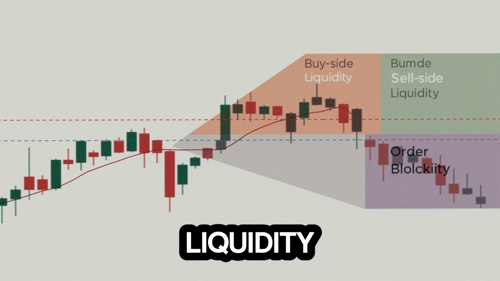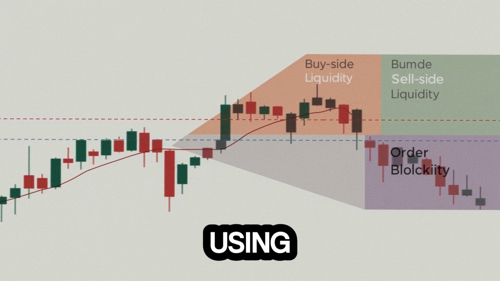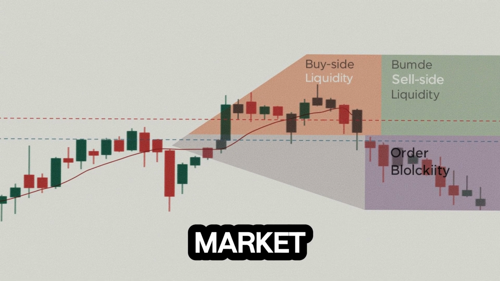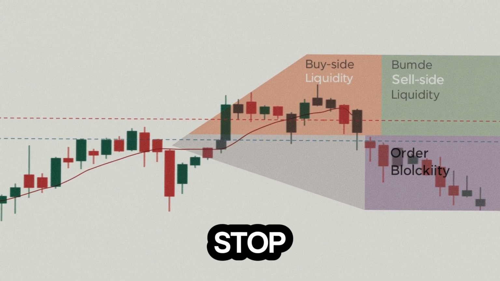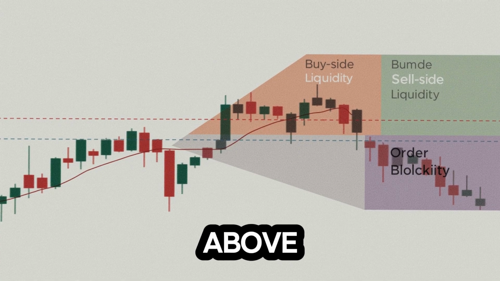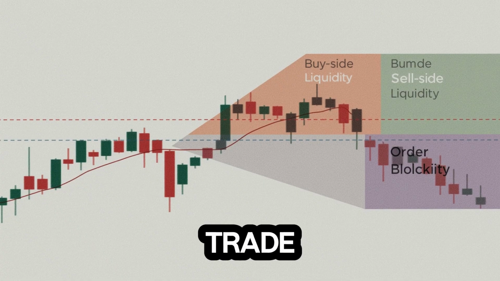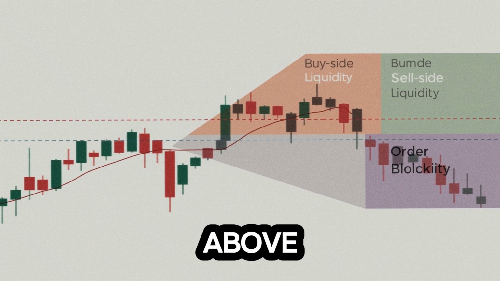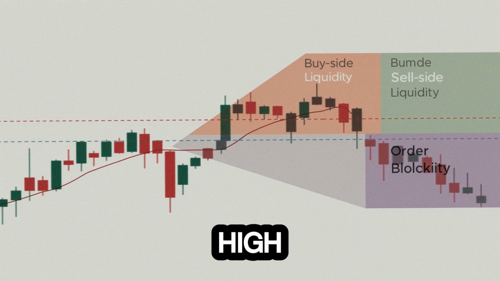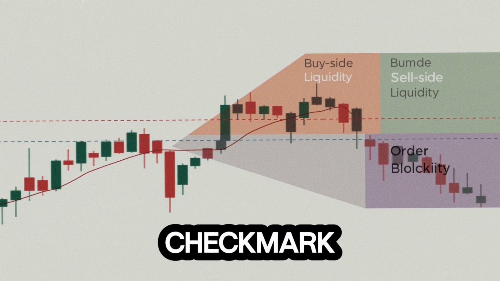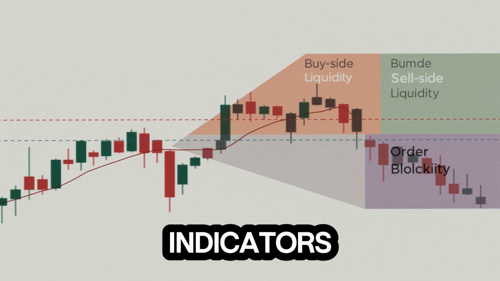3.9. Smart liquidity-based entry strategy: practical setup. Let's build a simple strategy using liquidity zones. Conditions: market in an uptrend, price approaches previous high wicks, and a volume spike equals stop losses. Trigger steps: draw a zone above the high as the liquidity zone, wait for a sweep and rejection candle, and enter a short trade. Reversal: place stop above the wick, and target the next demand zone or internal liquidity. Win: high reward, small risk. Smart trades where institutions enter. Clean, no indicators needed.